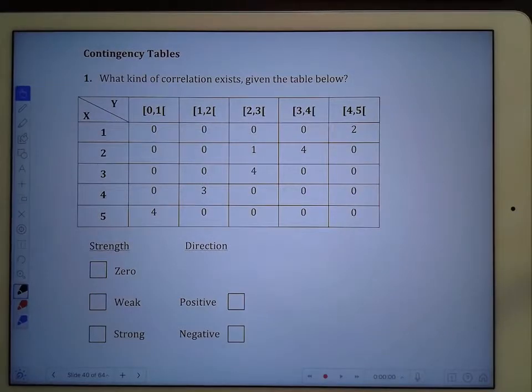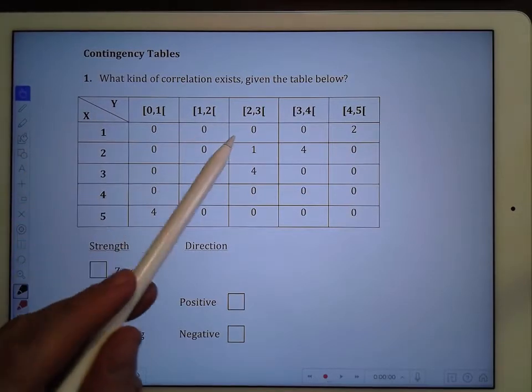Hey, it's time to take a look at contingency tables. What kind of correlation exists given the table below? So here we have a set of